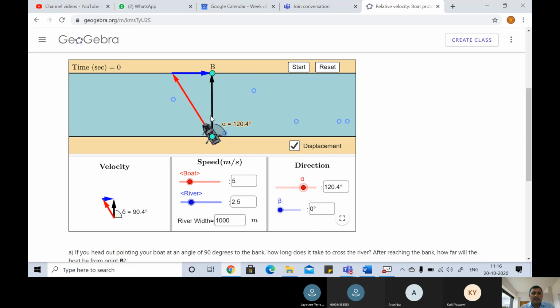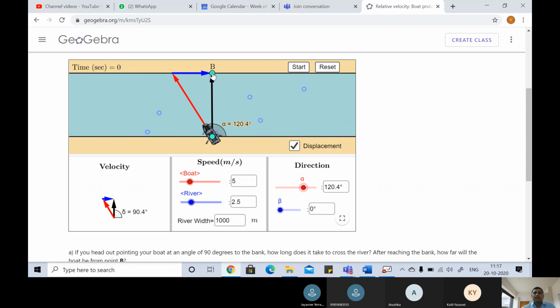You may have a doubt that sir, he is actually traveling along the red color, so that means he is traveling more distance. No, although his effort is in the red color direction, because of the river he is actually traveling along AB only. At any point he is traveling along AB only, from the ground frame. Is it clear? So that is how the shortest path works.